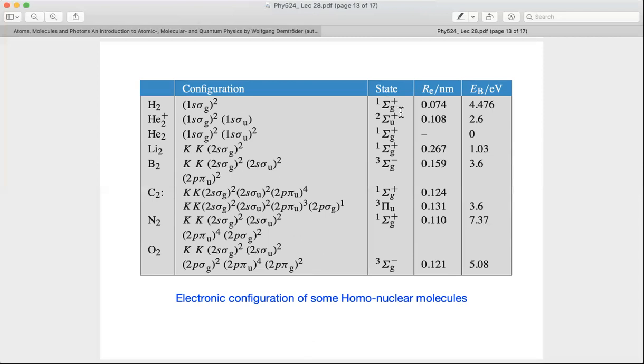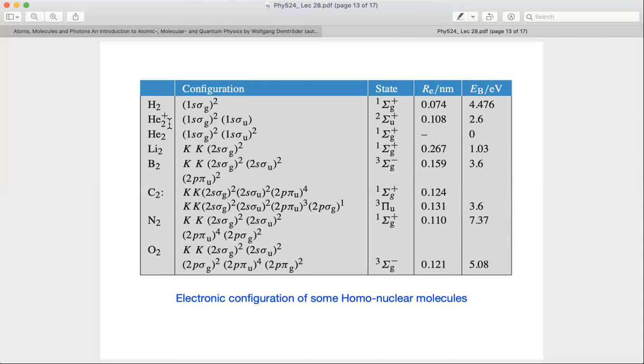Gerade, because I have a homonuclear molecule H2, so I have inversion symmetry. So gerade and ungerade I can classify, and then plus and minus I'll have for any diatomic molecule. So it's a plus eigenstate for the reflection operator, and the spin multiplicity is 1. That means it's in a spin singlet state. Okay, so that's the H2 molecule. That's the Re, in nanometers, 0.74 angstrom, and the bound state energy is basically 4.76 in terms of eV.